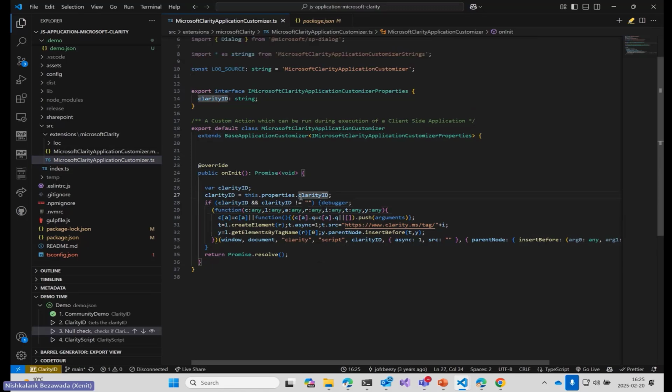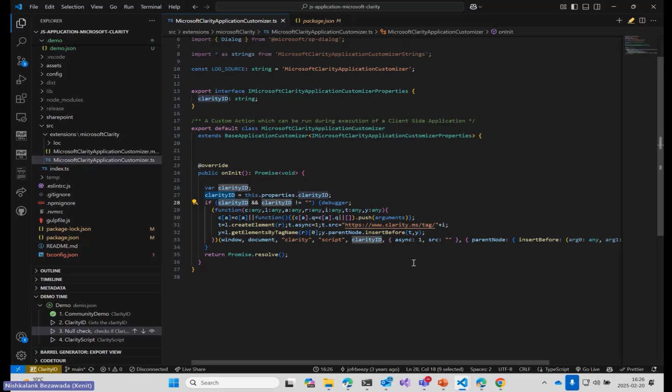Yes, it takes the Clarity ID as mentioned here from the project component properties. A null check is done just to see if the Clarity ID is retrieved, which loads Microsoft Clarity for user session tracking, and this will be done only if the Clarity ID is set.